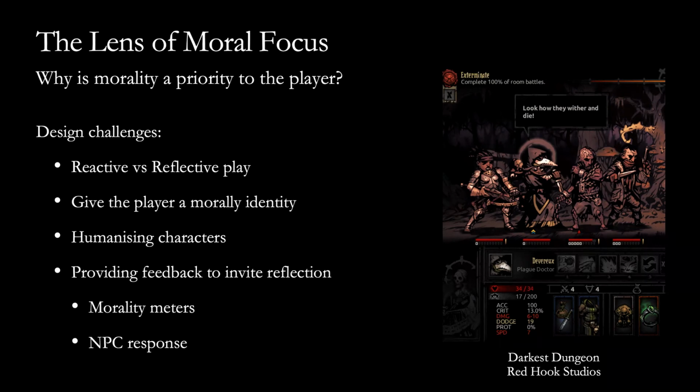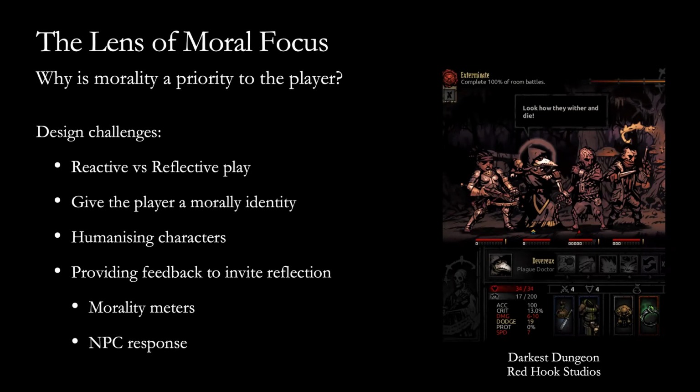Darkest Dungeon, unlike the sort of RPG games that we've been talking about so far, is mostly, I guess, a roguelike kind of game. You have a squad of characters that you take into a dungeon and you're fighting against monsters. And the key thing this game has is a sanity meter, which means that the characters are slowly going insane as you're doing this.